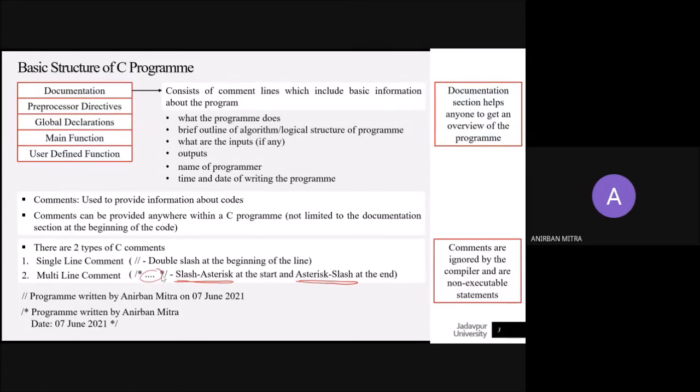By the way, another thing that can be done is that comments can be provided after a statement. Those are partial line comments. If there is an executable statement, after that, if you provide a double slash and write a line, that can also be taken as a comment. That would also be a non-executable statement and it would be ignored by the compiler. However, these comments are essential to understand a code when it is viewed by someone other than the person who has written the program.